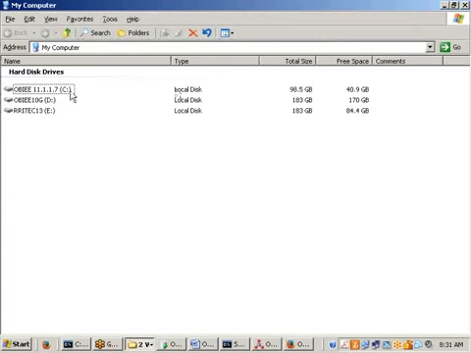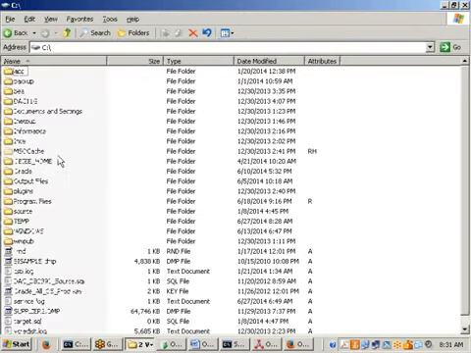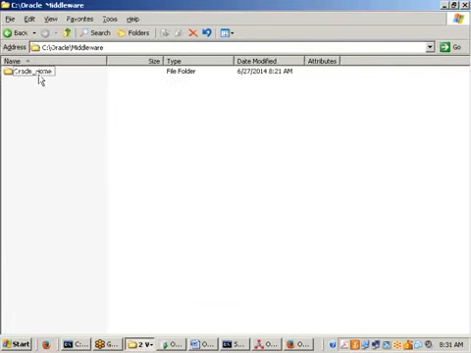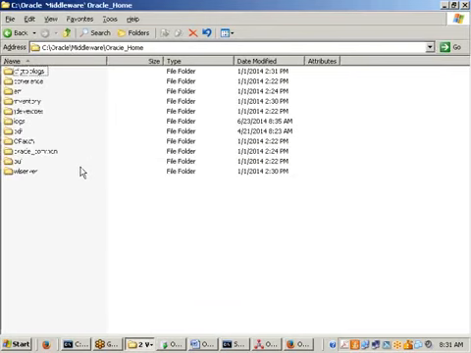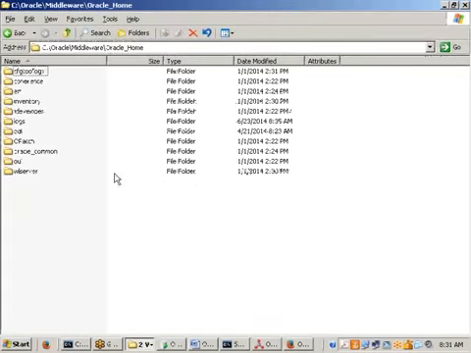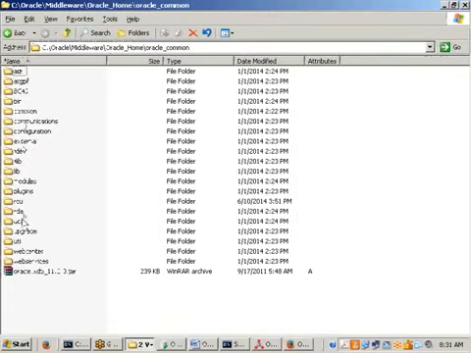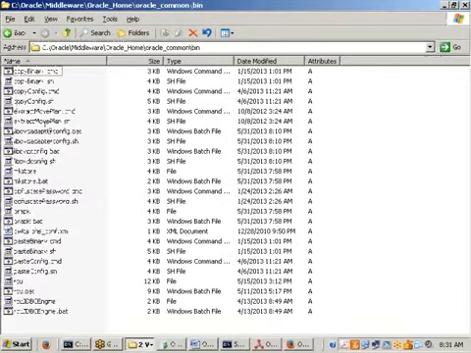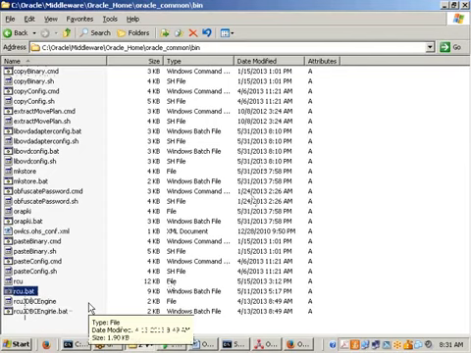Now, on my computer, where is our software installed, sir? C drive, then Oracle, then Middleware, then Oracle Home, then next what? Oracle Common, then bin. Oracle Common, then the bin folder is what we need to remember. If you go to this location, there we have one thing known as RCU.bat available. If you double click on this RCU.bat, then we are going to get